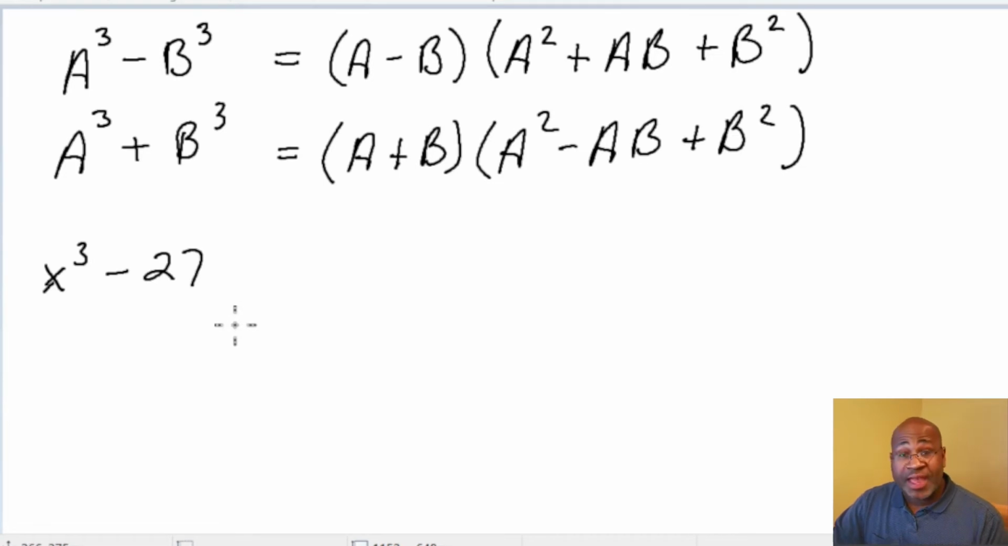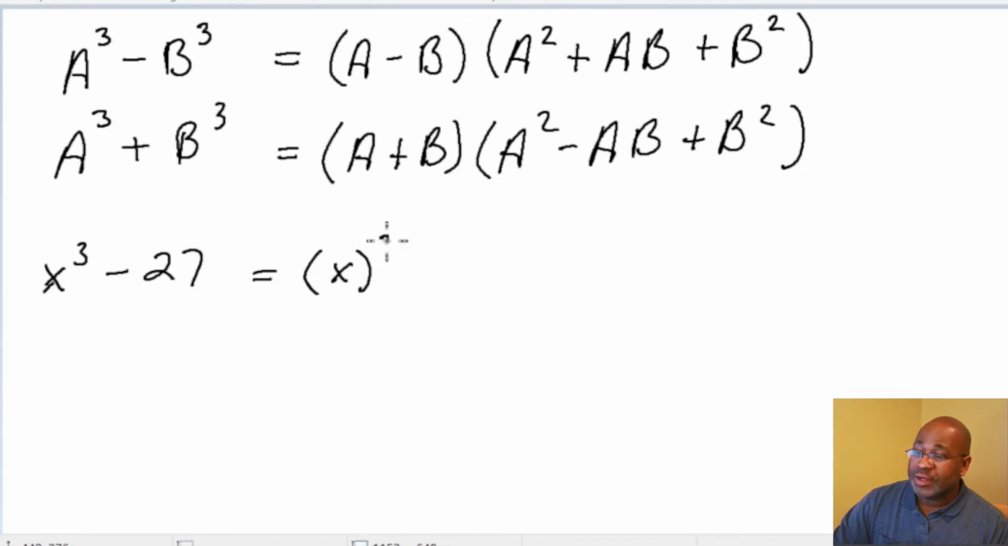So let's start with x cubed minus 27. Once again, we can see this will be the difference of two cubes. So the x cubed, that's just x, quantity cubed. And then 27 is 3 cubed. If we look at the difference of two cubes formula, a becomes x, b becomes 3. So we'll have a minus b, or in this case, x minus 3